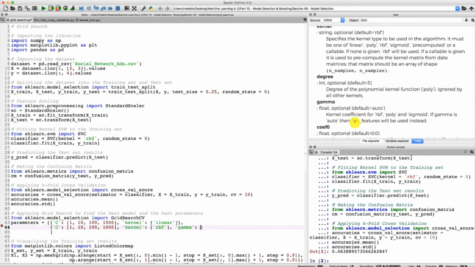We have 2 features, so the value that will be used by default is 0.5. But that might not be the optimal value, so we're going to try other ones. Let's try some smaller ones. So let's pick the first one, 0.5, and then comma, and let's also try 0.1 and 0.01,